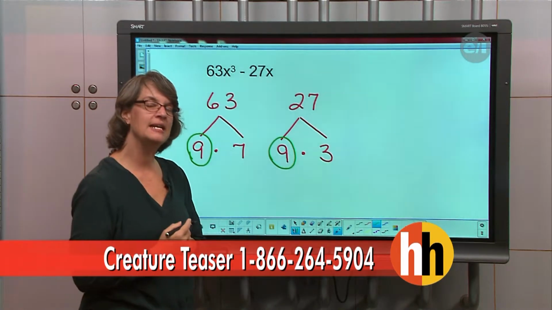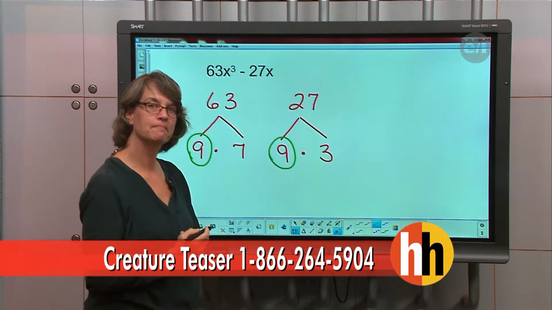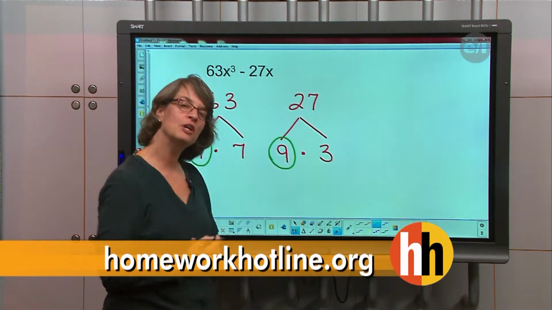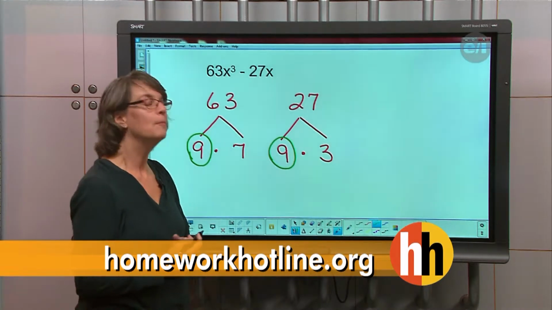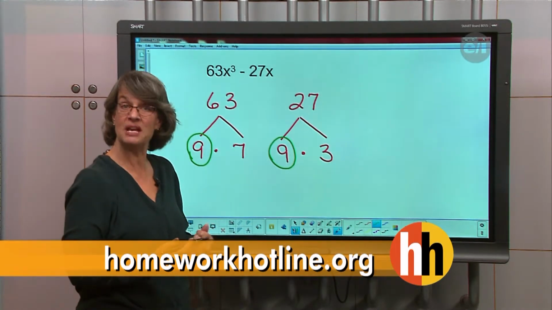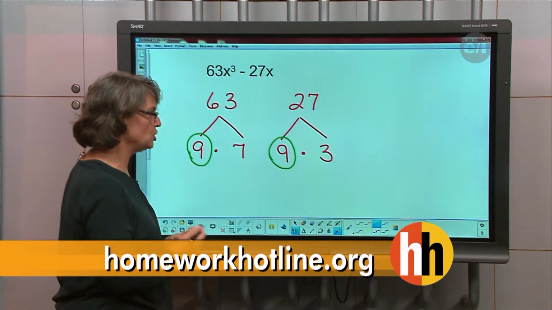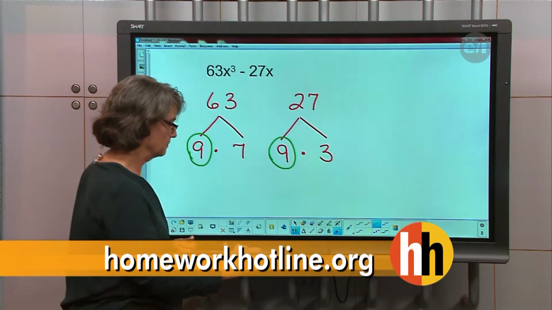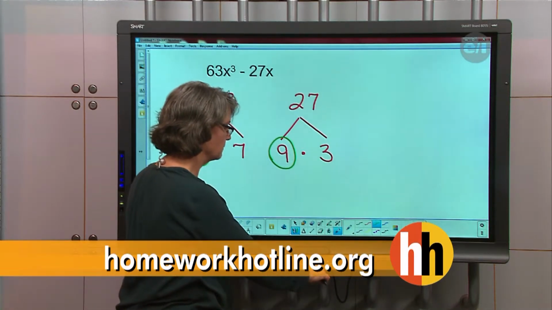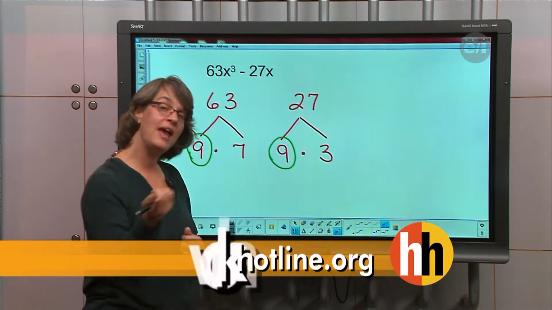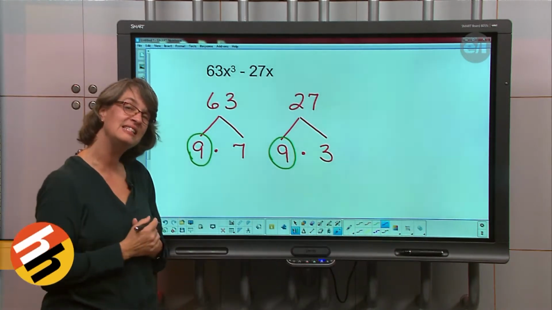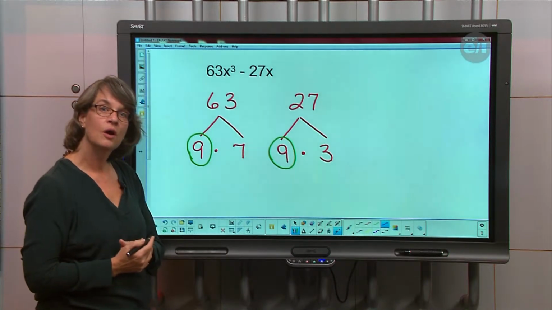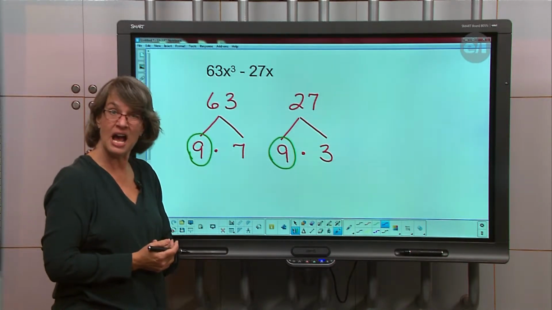Okay, now if you look at the 7 and the 3, is there any way to break those down? Because 7's what kind of number? Is it prime or composite? A prime. It's a prime, so it's really broken down. Is 3 prime or composite? Prime. Prime, so we're done, right? The 9 is the best we can do. So now what would your teacher have you do? After writing down the 9, I draw another triangle and do 3 and 3. Okay, but you don't have to, because we've already proven that 9's in both. We don't have to break it down to prime numbers. Oh, okay. Because we've already found a factor in common.